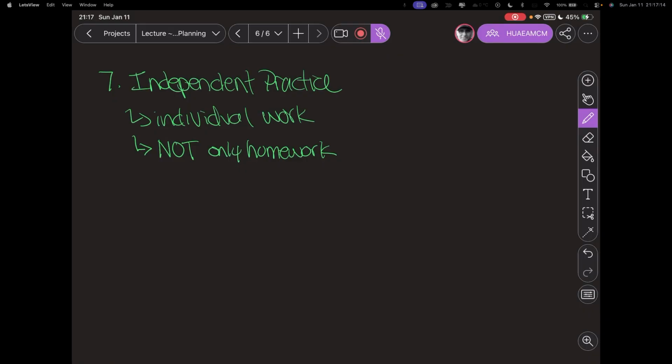Now, step number 8 is going to bring this whole thing together and to an end, and of course, we call that closure. Okay, now closure is supposed to do 2 things. Let me back up for a second. I said leave time for independent practice. We also need to leave time for closure. And I'm a bit of a hypocrite when I say this, because often I just run out of time and don't have time for the closure piece. So again, we need to try to leave time for closure because it does a couple of really important things.